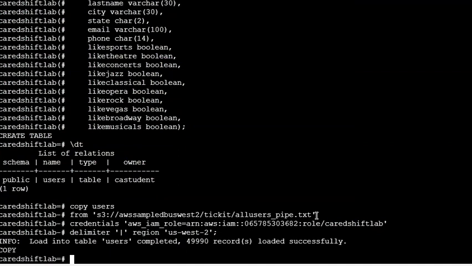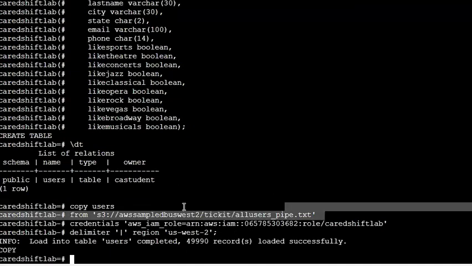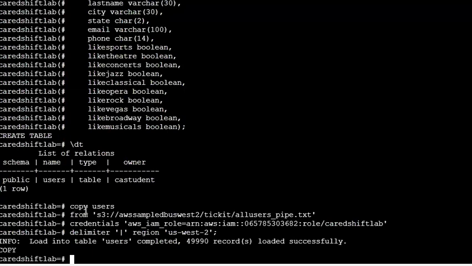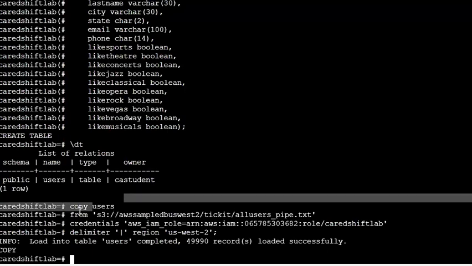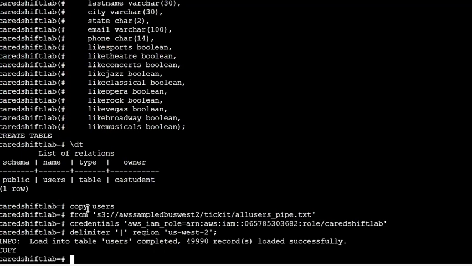In real time, you're going to do this many times whenever you're implementing a project. So remember this command: copy, then the destination table name, from, then the source file you want to copy, and the credentials you use to access this file,